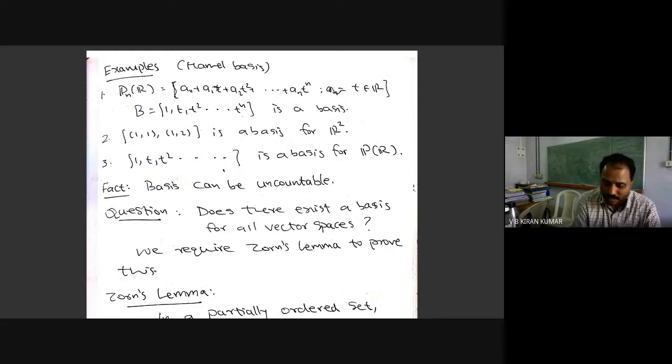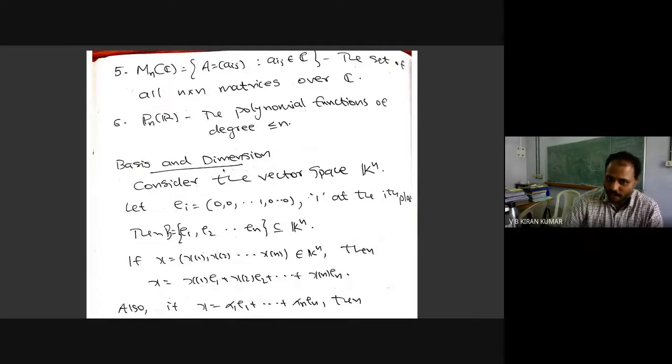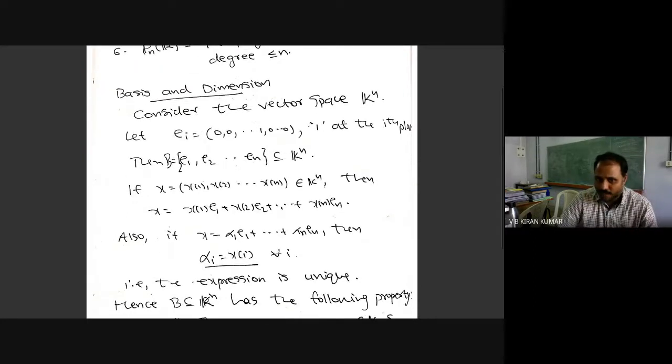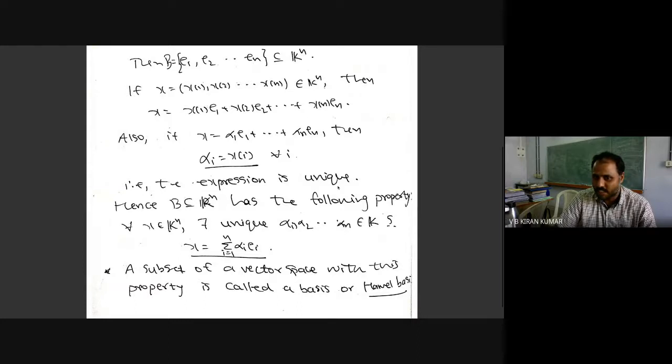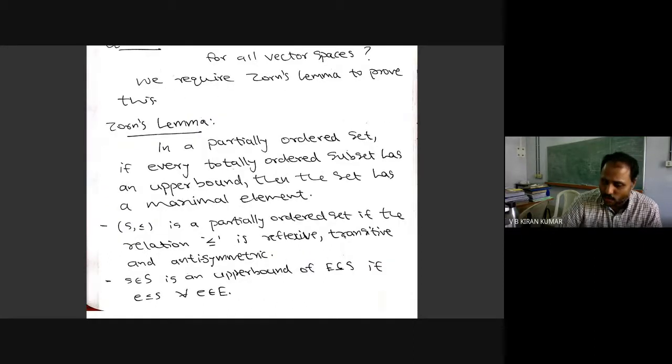I guess the definition is more or less clear to you, right? You can also define it in a different way using linear independence and span. But that is equivalent to saying that this expression is unique. Okay, so for example, if you apply it for 0, since the expression is unique, 0 should be written in a unique way. So you can write 0 as 0 into E1 plus 0 into E2, etc. So each alpha should be 0. So that's what linear independence is, right? So as all of you know, a basis is a linearly independent set which spans the space. Okay? I guess this notion of basis is clear to all of you, right?